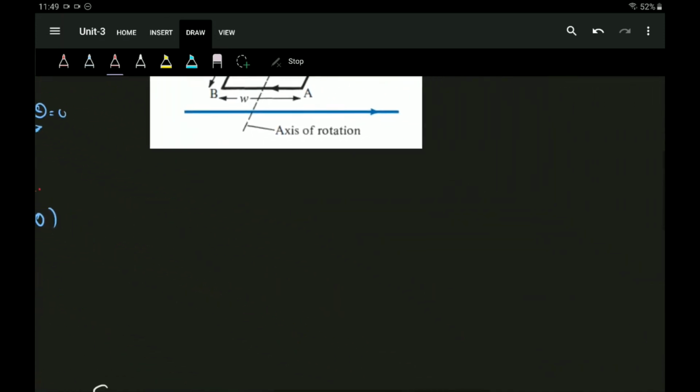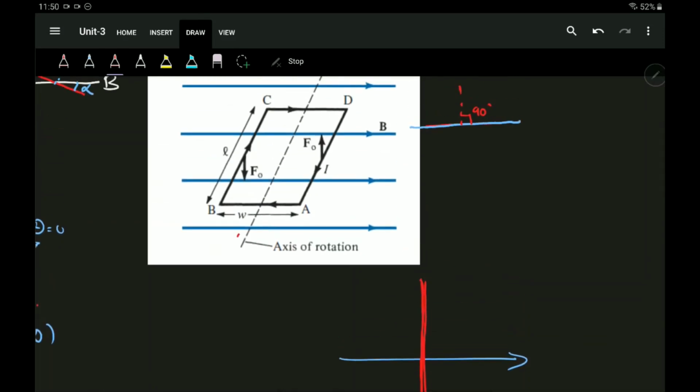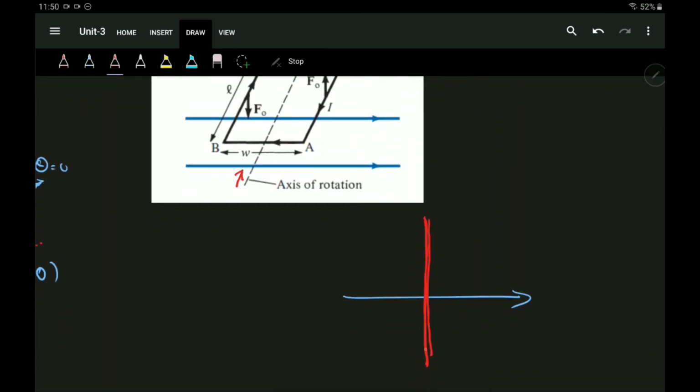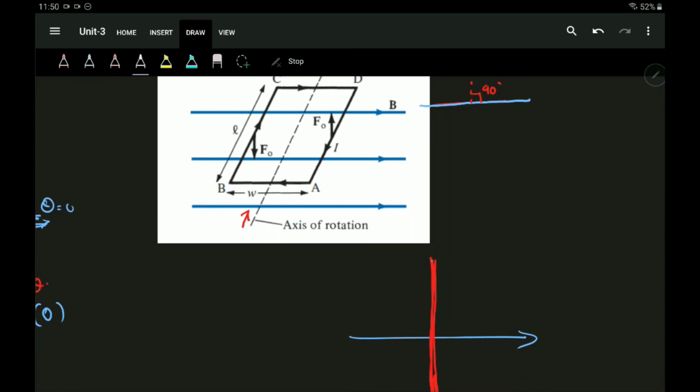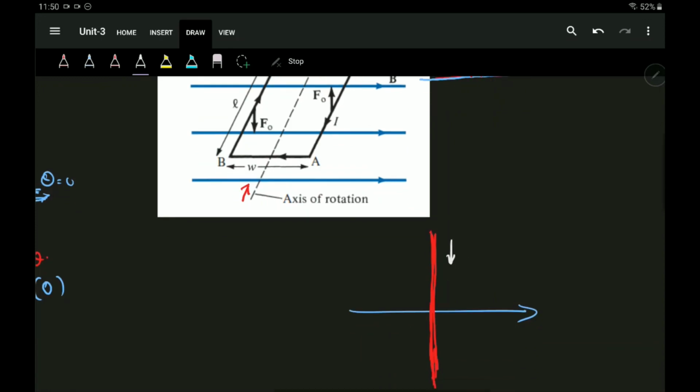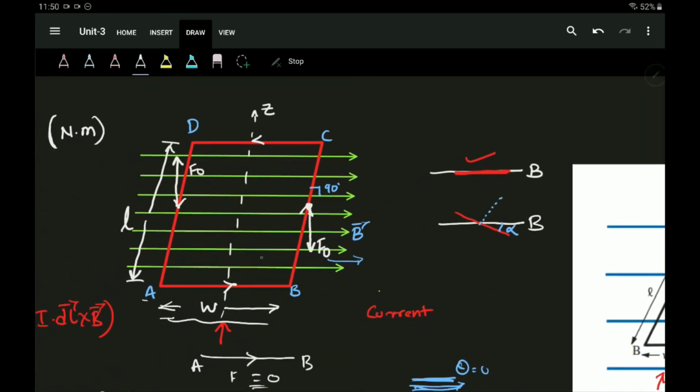There is one more thing. What if I say these are my magnetic field lines, and this is how my current element is. If I am viewing from the axis orientation, so I am viewing from this axis, it looks like this. If this is my current element, again you can see the forces will be acting something like this, inwards, or depending on the orientation. Say the same current is flowing, anti-clockwise, and it is at the 90-degree orientation which I have shown.